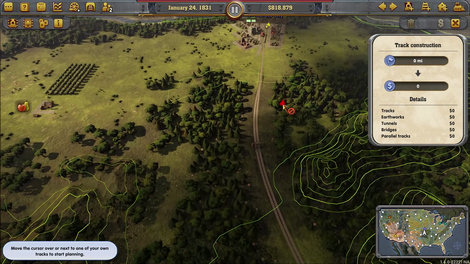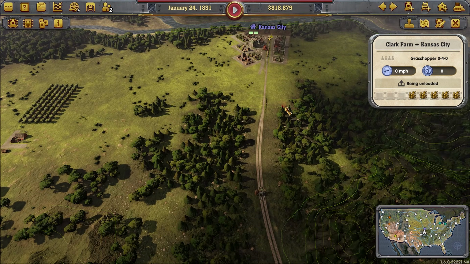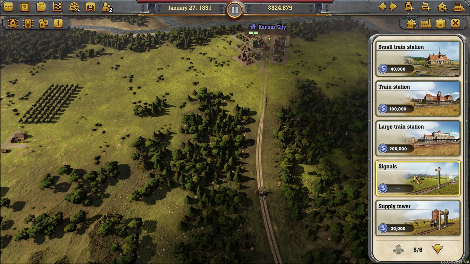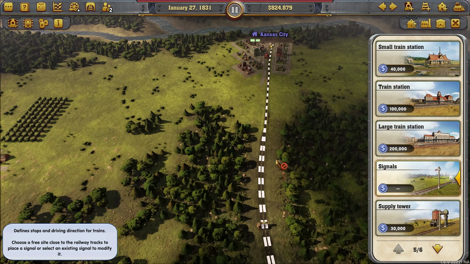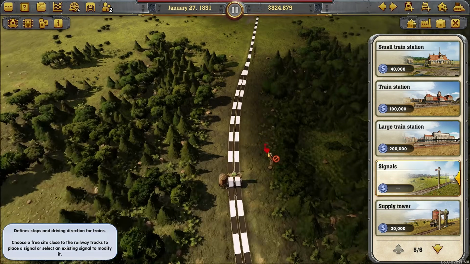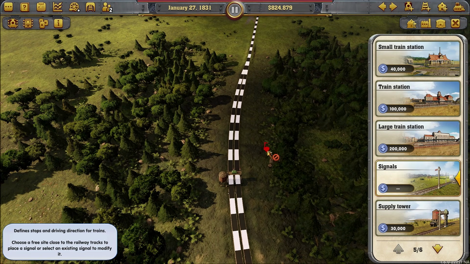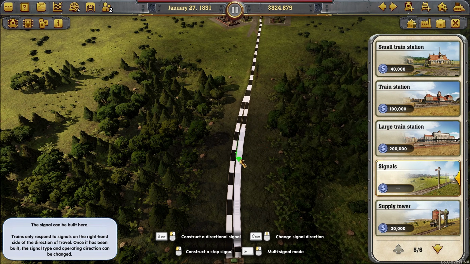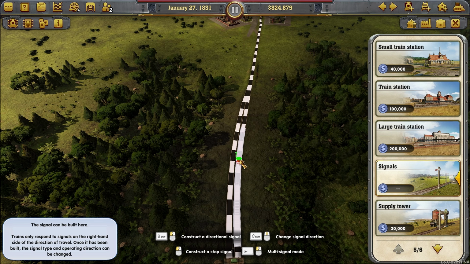Now, in order to make the trains not crash into each other, we have to put in some signals. If I go up to construction and go to signals, what you've got to do with the signals here is dedicate one line to going in one direction and one line to going in another direction, and that way the trains will cross. So get it so the little icon is green, press the shift button to change the direction, and you want the arrow going in the direction you want the line to go in,